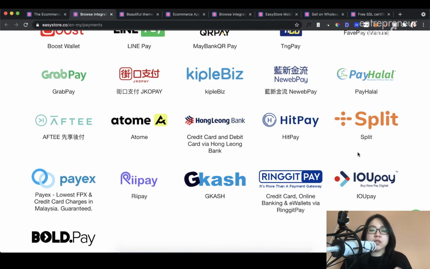Once you have all these options available in your store, it only gives your customers less friction. Like if they see an option that they prefer, they're more likely to check out. So if I prefer FPX, okay, you have the option inside Easy Store, enable it, and there you go. That customer who prefers FPX will be able to select that option. Okay, so maybe if I prefer using Boost Pay, I can do that too. So there are no limits in terms of local payments if you choose Easy Store.